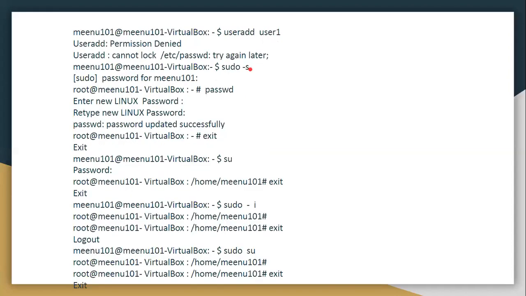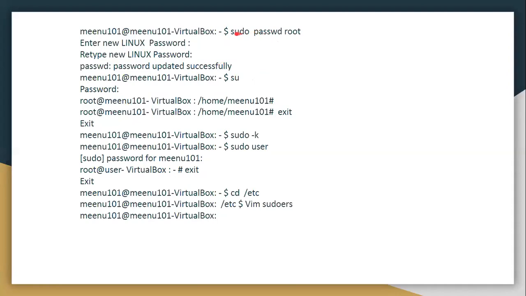What we are doing in the previous slide is first making a super user, then the passwd command, and then the password is changed. But with this command you can change it directly. For example, if I am logged in as a normal user, I write sudo passwd root and it will change the password. Fine. Now Minu wants to switch the user.